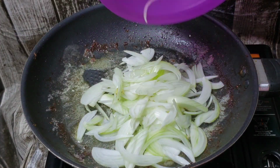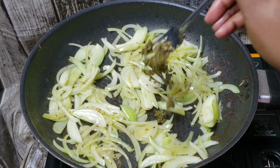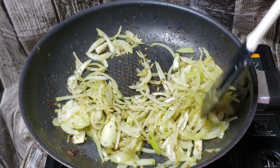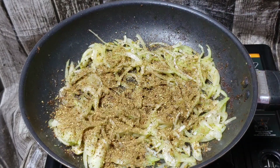In the same pan, you're going to add about a tablespoon of butter and saute your onions until fragrant. Then you're going to go ahead and add your herby garlic. You can use fresh as well, honey. Saute that for another 2 to 3 minutes, honey. Then you're going to go ahead and add some garam masala and cook the spice for about a minute or two,